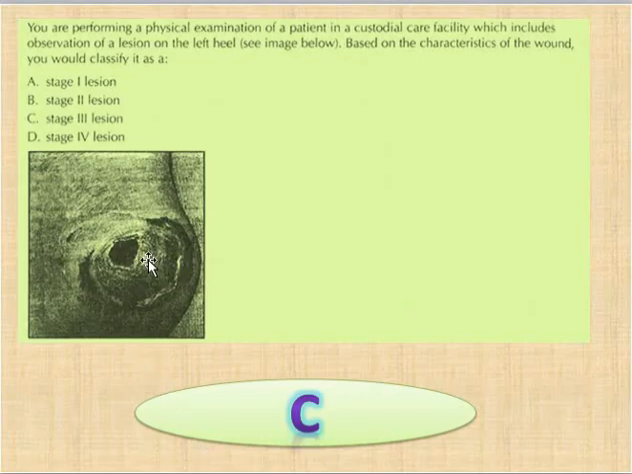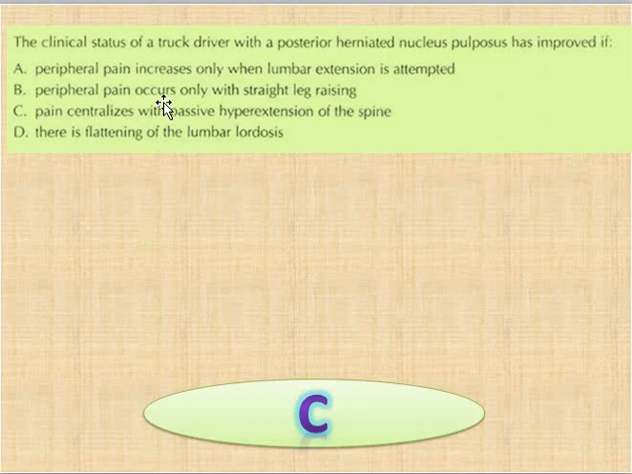Clinical status of a truck driver with a posterior herniated nucleus pulposus has improved if option A is peripheral pain increases only when the lower extension is attempted, B is peripheral pain occurs only when the straight leg raising, C is pain centralizes with passive hyperextension of the spine, D is there is flattening of the lumbar lordosis. And the correct option is pain centralizes with passive hyperextension of the spine. जब सेंट्रलाइज पेन हो जाए, हम हाइपरएक्सटेंशन करवाएं पेशेंट की, तो इसका मतलब है कि पेशेंट इम्प्रूव हो रहा है।